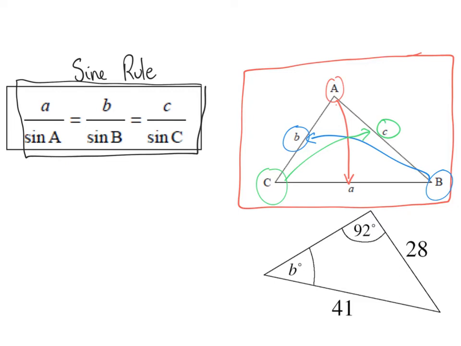So the sine rule is a proportional relationship between an angle and the side opposite the angle. In any triangle, if you divide a side by the sine of the angle opposite, then you will get the same result whichever angle you use. So what that means, for example, is if you have a look at the formula here, if you take side A and you divide it by sine of the angle opposite, you would get the same answer as if you took the side B